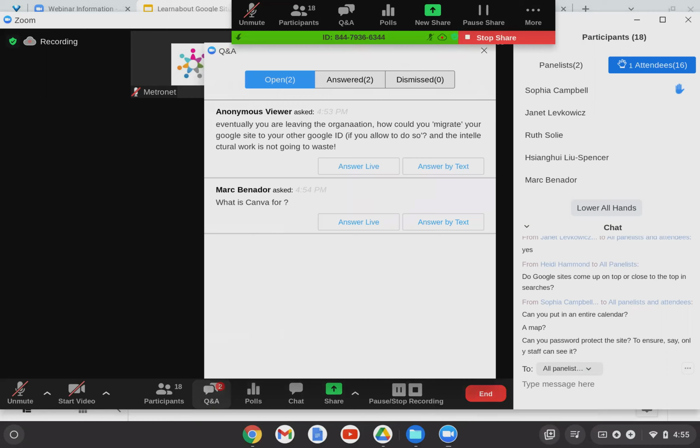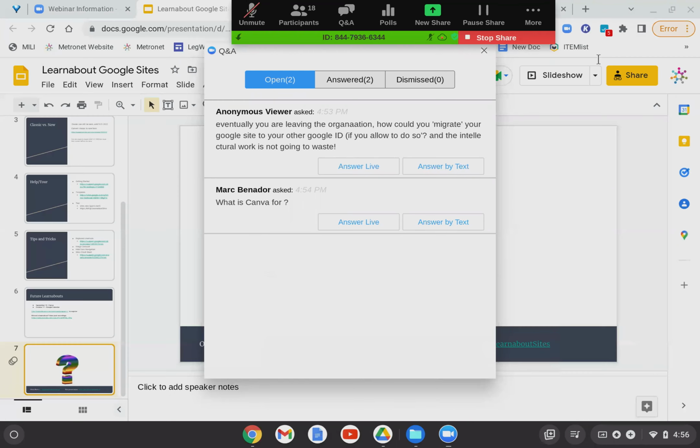Eventually, you are leaving the organization. How could you migrate your Google site to your other Google ID if you are allowed to do so and the intellectual work is not going? Okay, so presuming that the content you've created is yours and not your organization's, and that will be entirely up to what your policy is with your organization on content creation, you can migrate it to another site through the ownership rights, which,